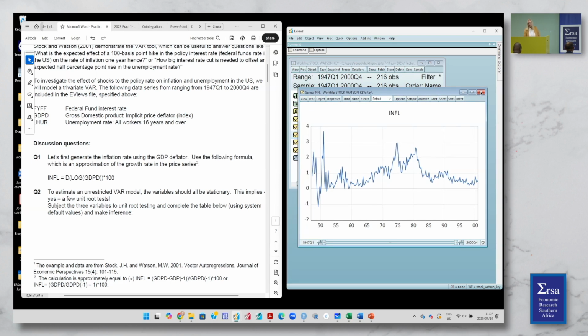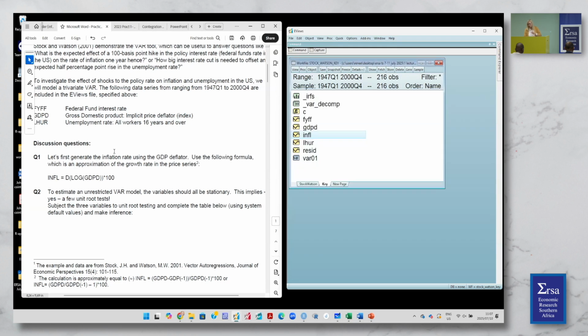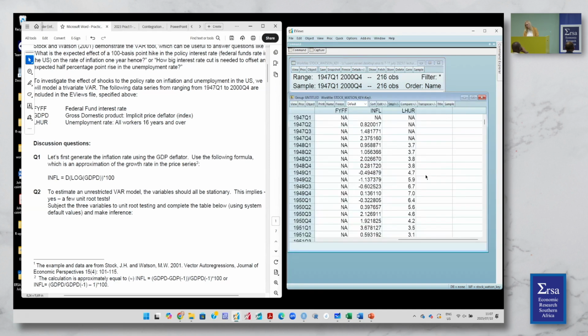What is also often done is that the inflation rate is calculated on the same quarter of the previous year or the same month of the previous year, so there are different approaches to do that. Sometimes it's just simply quarter on quarter, this will be a quarter on quarter rate of inflation. So you have the choice there as well. And then the unemployment rate. So the three variables that we have, if we look at that,